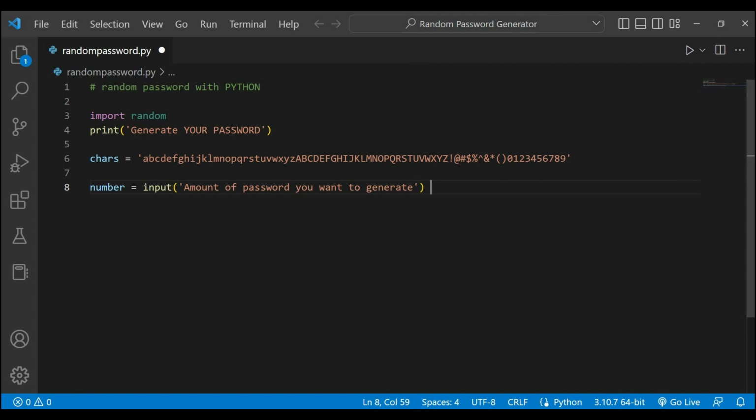Okay, so this will give the number of passwords. For example, 1 2 3 4 5 6 7 8 9, any number of passwords you can enter, it will print that number of passwords. So